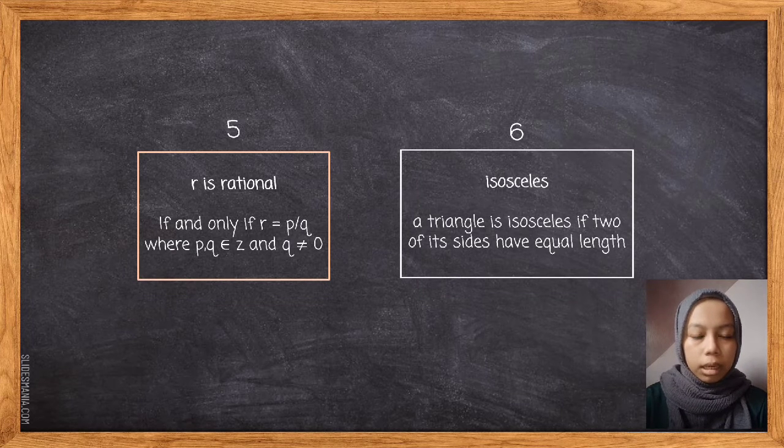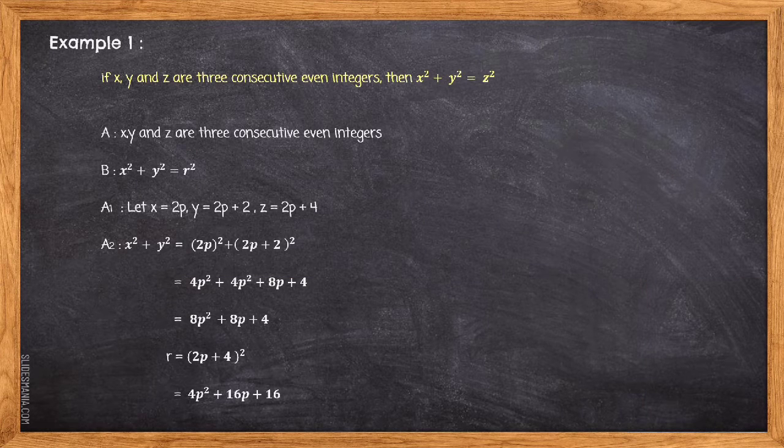Number 5, R is rational if and only if R equals P over Q, where P and Q are elements of Z and Q is not equal to 0. Number 6, isosceles: a triangle is isosceles if 2 of its sides have equal length. Example 1. If x, y, and z are 3 consecutive even integers, then x squared plus y squared equals